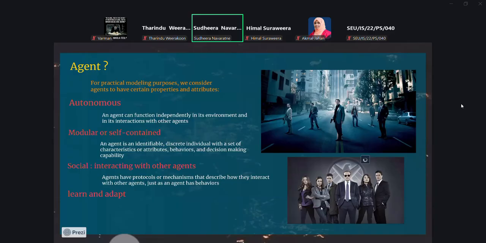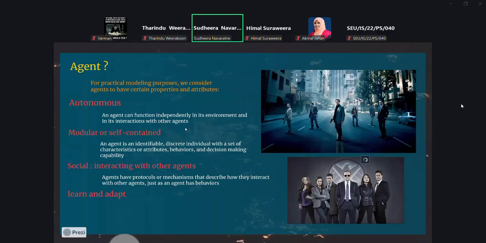They should be autonomous, which means they can function independently in their environment and interact with the other agents. You should build the agents in this manner. They should be autonomous; they should not depend on your input or anything.